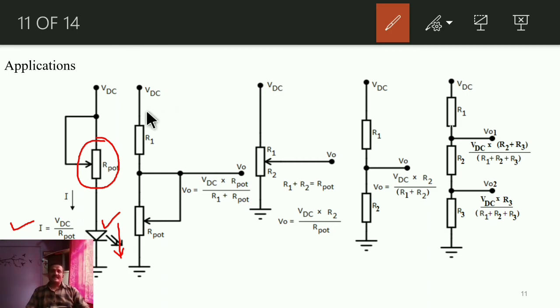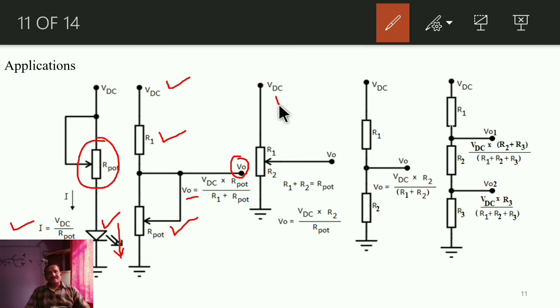Now in the second circuit diagram I showed a voltage divider which is formed by a fixed resistor and another one a variable resistor, that is a potentiometer. Again, by changing the value of this potentiometer we can change the net output voltage at this node, this VO. Simply by using voltage divider, which is nothing but the main source or primary source into the resistance across which we are measuring that voltage divided by total resistance in that path. So here it is written as VDC into, we are taking the voltage across the potentiometer, means at this node with respect to ground, that's why VDC into R pot divided by this fixed resistance R1 plus R pot, that is total resistance of that path.